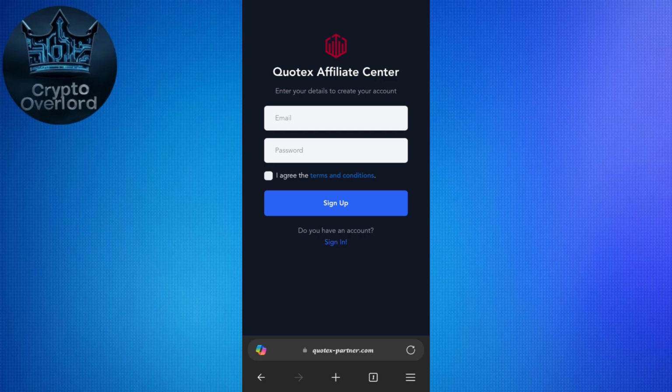Now once you are in your Quotex account, you will see a different form where you will have to provide your first name, your last name, your contact details, your address details, and the places where you are going to promote their affiliate program. So you will have to submit that form and wait for some time until you get a response from Quotex